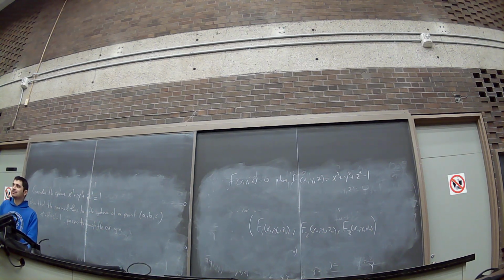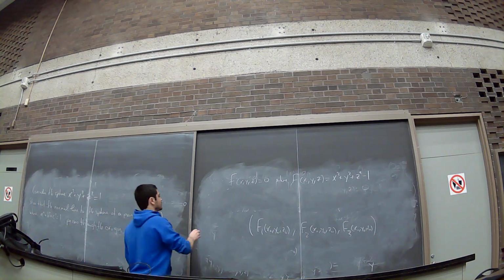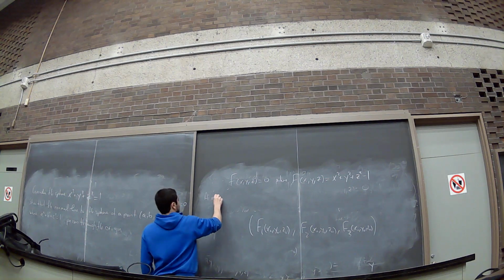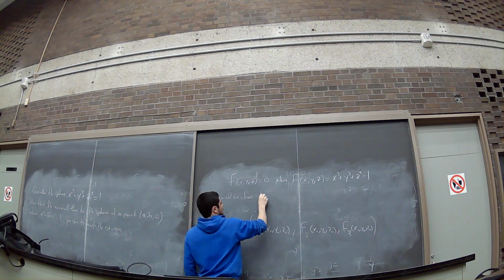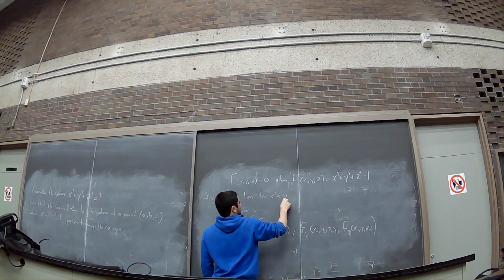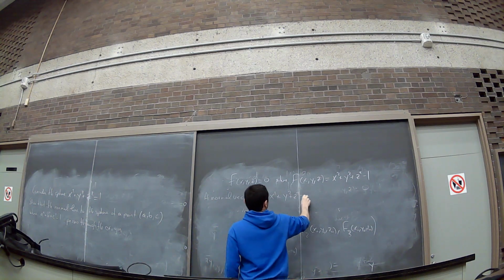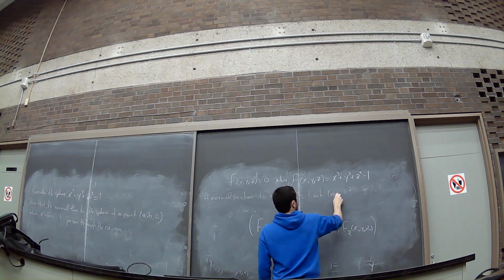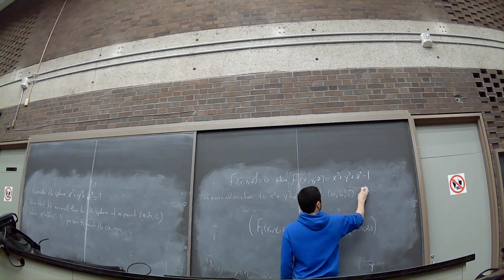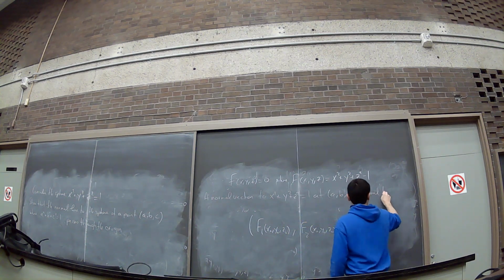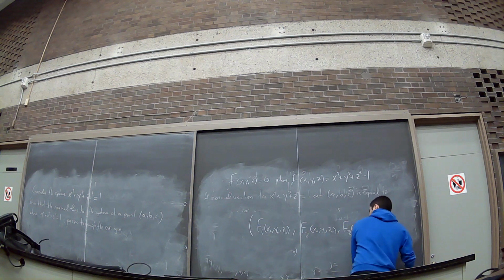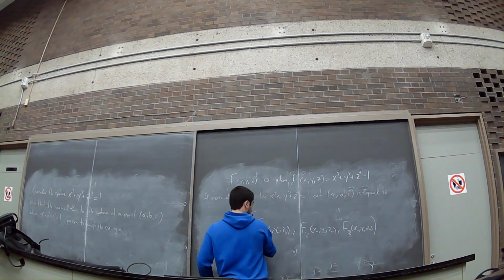It's (F1, F2, F3) at (a, b, c), right? So the normal vector at (a, b, c) is equal to